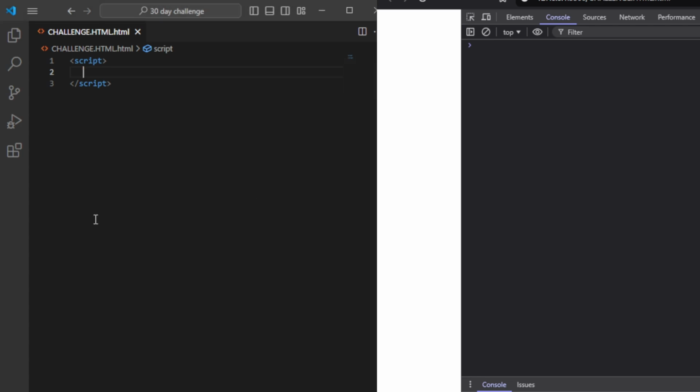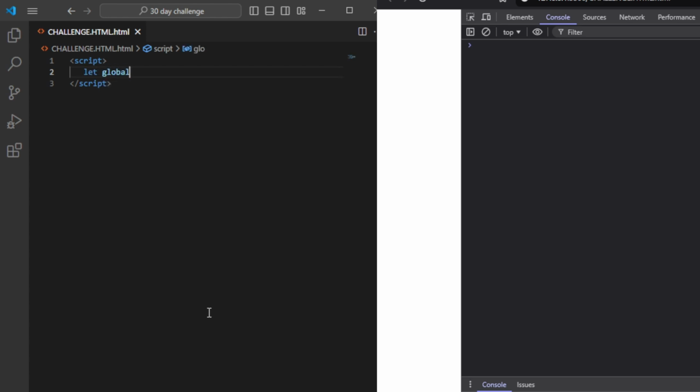Example number 1 is for understanding the local and global scope. First up, in JavaScript, scope refers to the current context of execution, which determines where variables and functions are accessible. There are two main types of scope, the global and the local scope. Number 1 is the global scope. When you declare a variable outside of any function, it is in the global scope, meaning it can be accessed anywhere in your code. For example, we declare